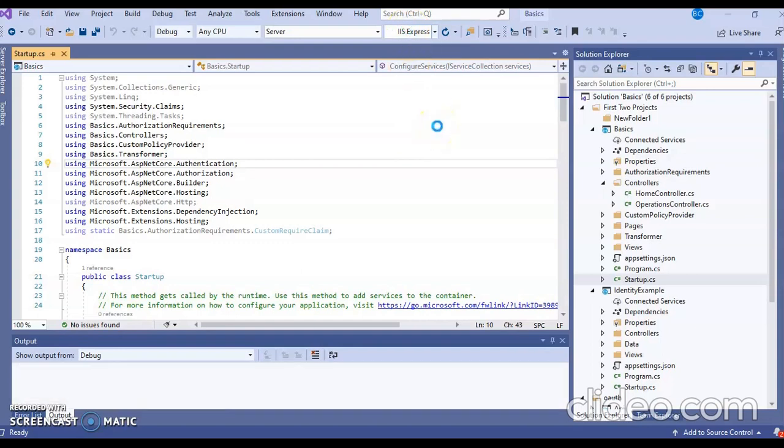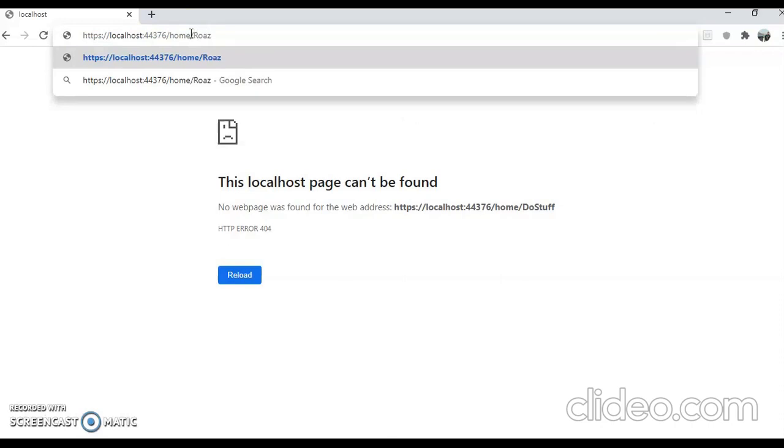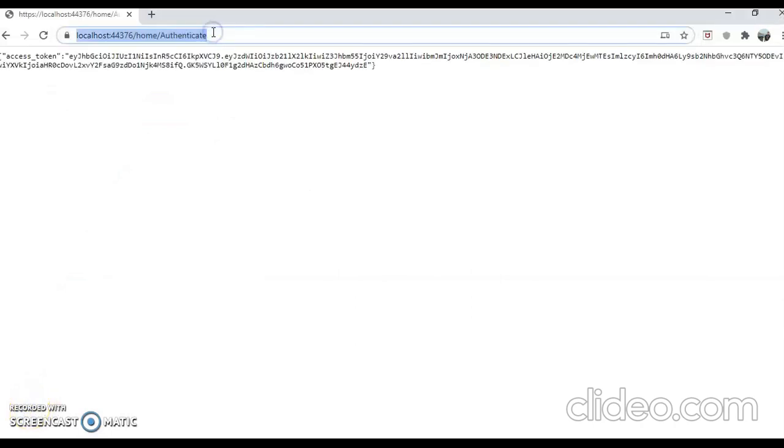So we are now logged into the server homepage. Here we're going to check whether we are able to access the home authenticate URL, and we get our token key here. So this token key will be used to access our API. Now I'm going to use this key in the